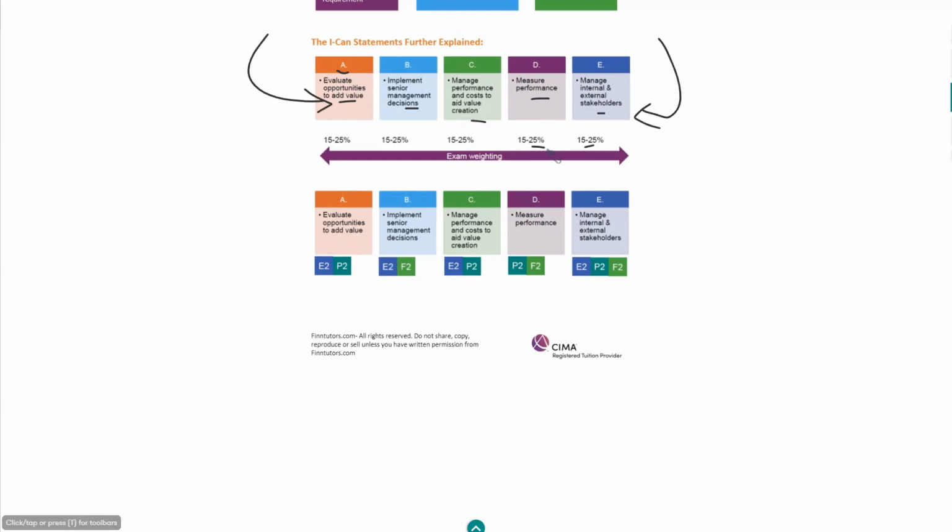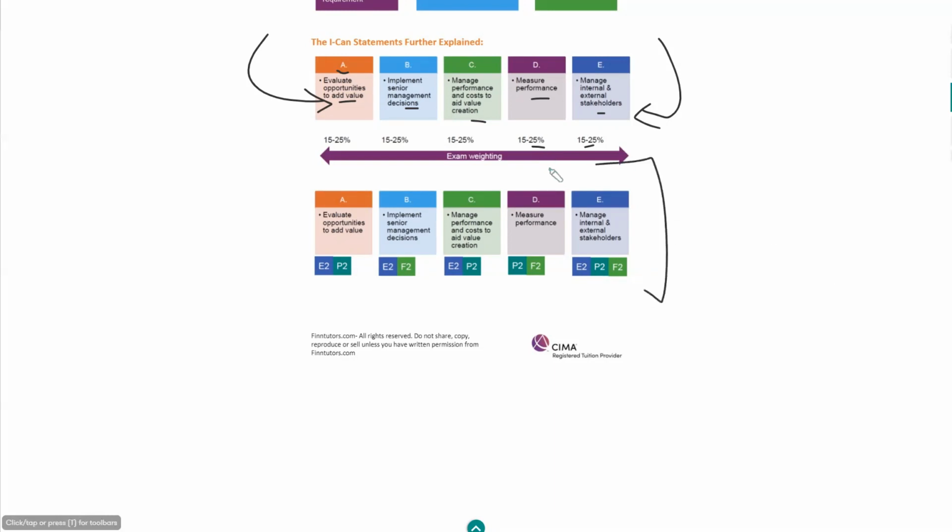So as I mentioned earlier, your knowledge from E2, P2, and F2 will form the basis of your exam. So these I can statements, these blueprints, these core areas are further going to take you to different parts of your E2, P2, and F2 syllabus, and you will find out that okay, this core area can be broken down into topics of certain areas that I have learned from E2, P2, and F2.